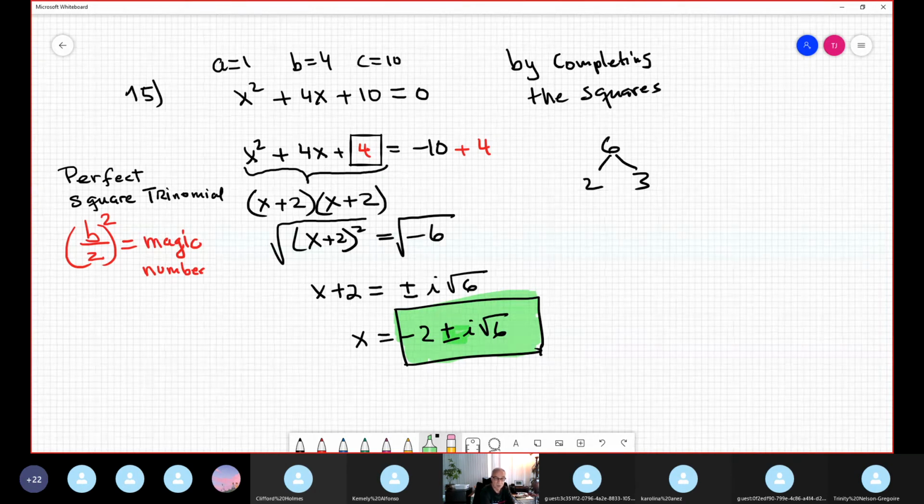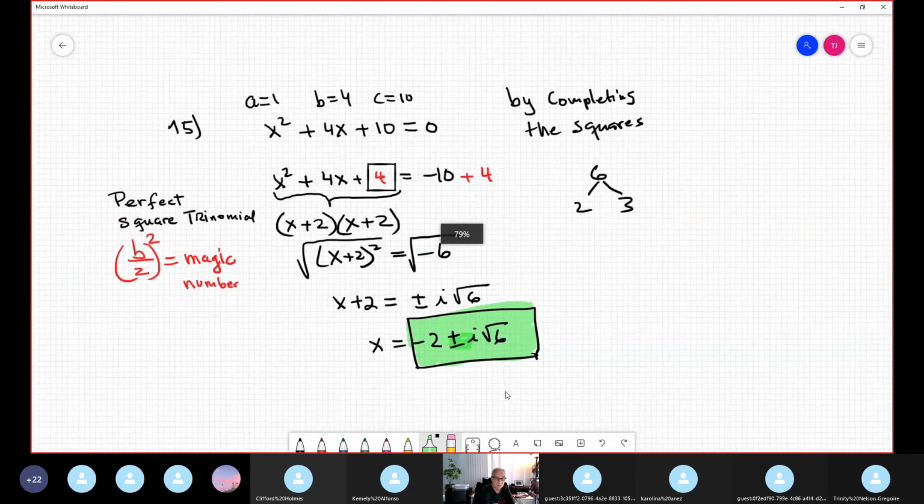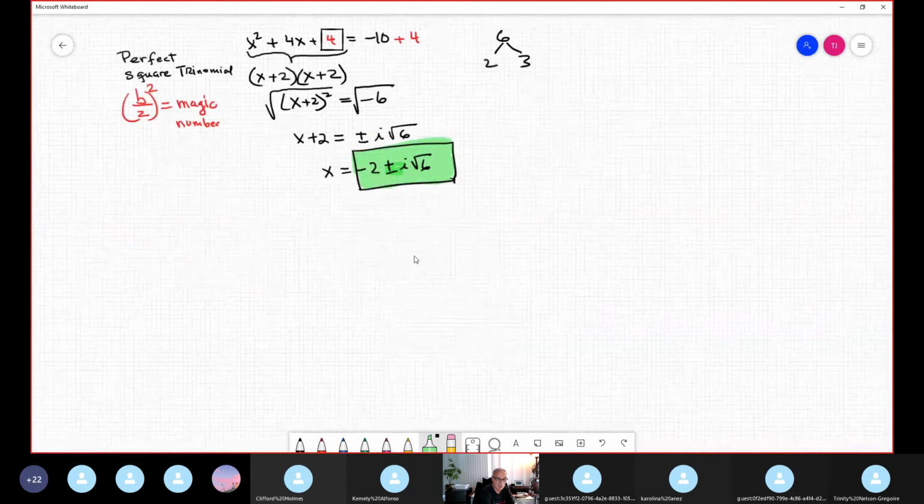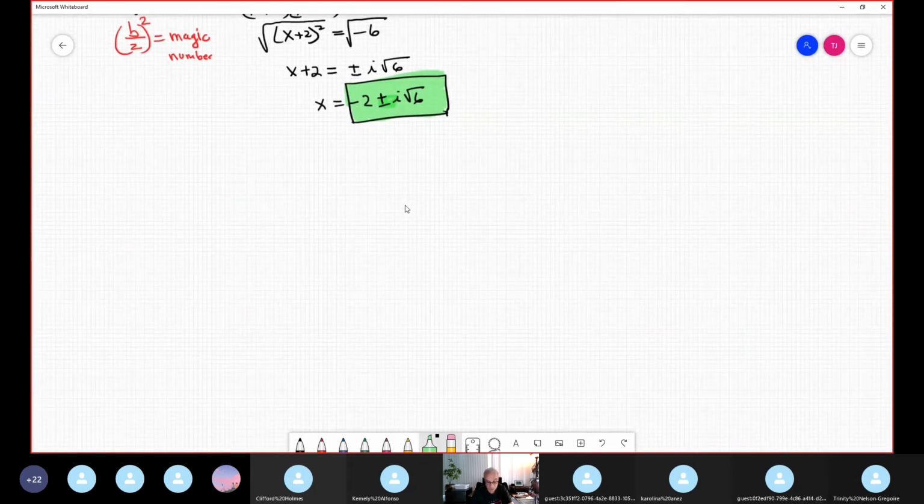Clear with the complete square? One problem, I guarantee you, will specify solve by completing the square. So if you solve it another way, no credit. Okay, number 16. 16 is